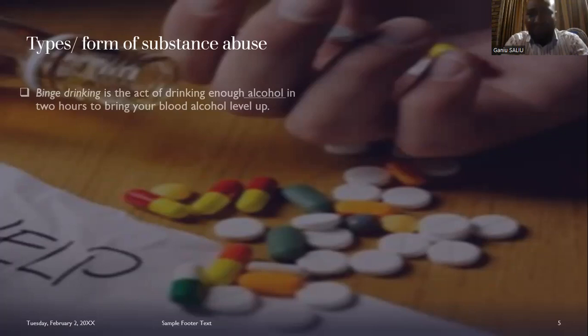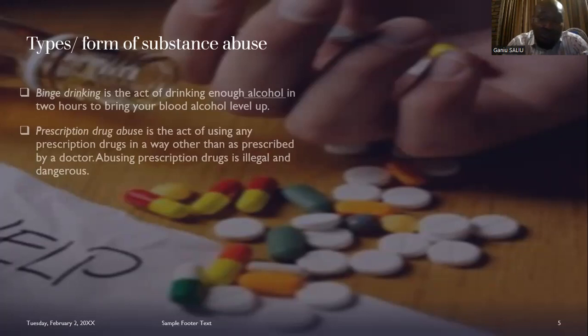What will happen? The person really wants to change his or her mood so that he or she can start behaving inappropriately. That is when some will even realize they are feeling hot. Even when the weather is cold, they will be sweating. Why? Because their blood alcohol level has increased. And that's very dangerous to one's health. It's very dangerous to our organs, our system, our liver, our kidney, our bladder, and so on and so forth. The second one,